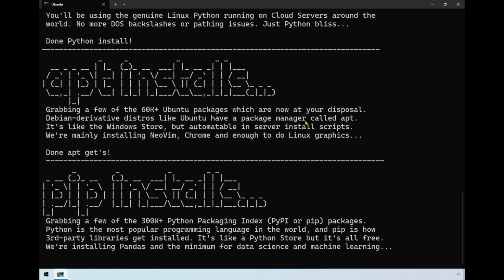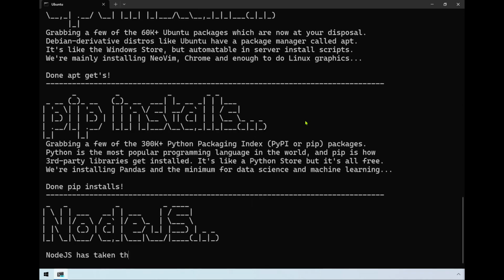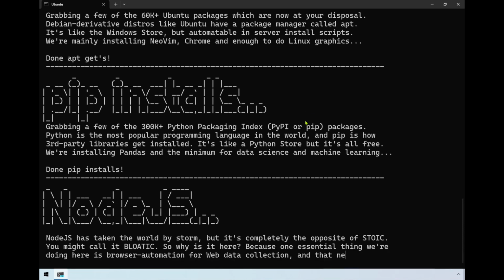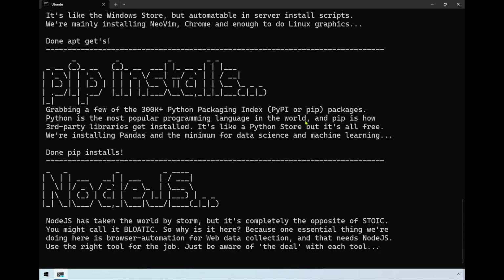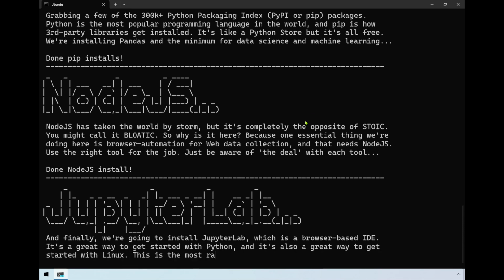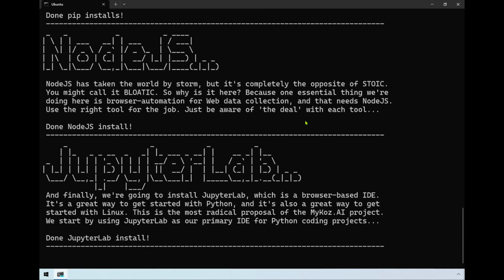I actually have a debugging mode of this whole thing, so you can see all these things getting installed in front of you. Here's Node.js, something I'd really rather not include with all of this, but a lot of the work I do has to do with browser automation. So we include this because it's necessary for some of the browser automation. Now finally Jupyter Lab being installed, the star of the show.